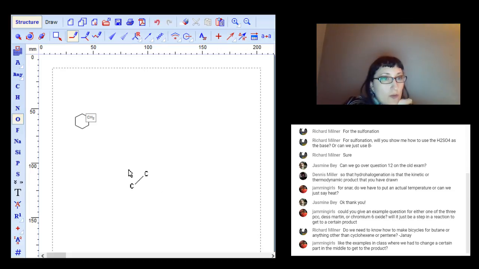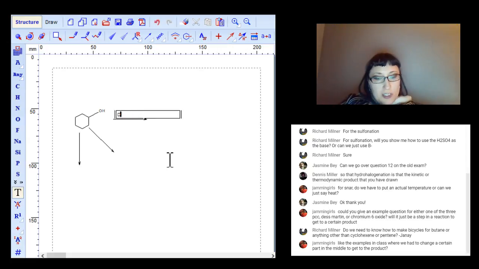So if I have an alcohol, and we can do one of each. So I'm going to abbreviate Dess-Martin as DMP for Dess-Martin periodinane. We'll do pyridinium chlorochromate. And then I'll have